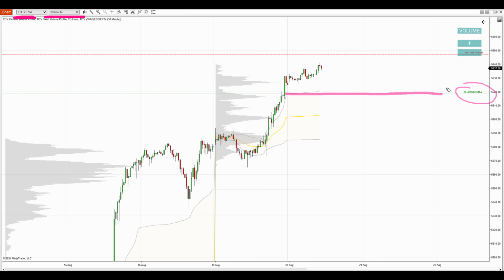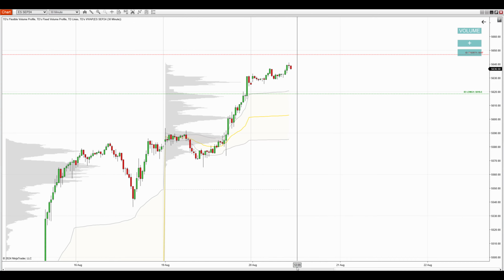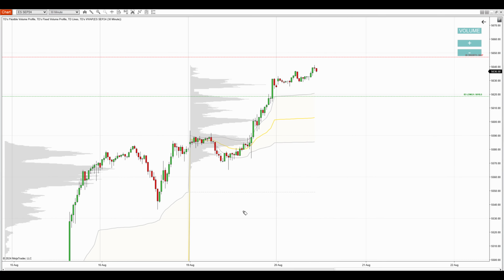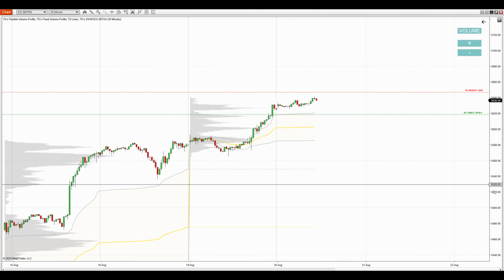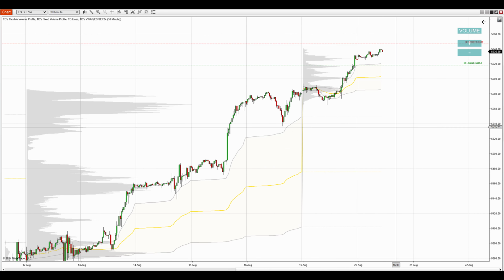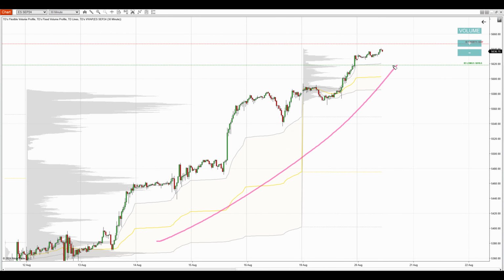The level is at 56.18.5. It is a support, and let me show you what's the reasoning behind this support. All right. Currently on the ES there is a strong uptrend. I'm looking to trade mostly longs because of this strong uptrend,